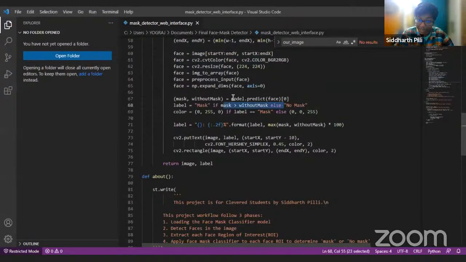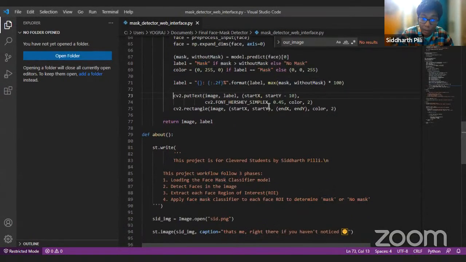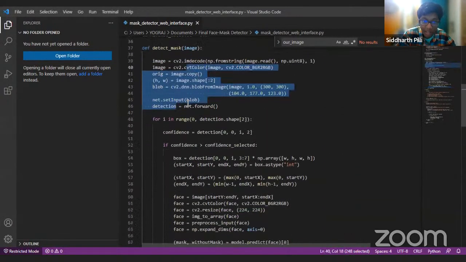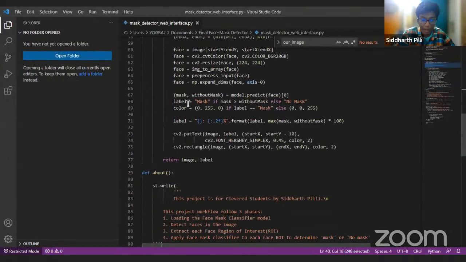And finally, we predict: if the label is something like mask, which means the person is wearing a mask, based on the accuracy. If they're not wearing a mask, we get a no mask. That's exactly what we're doing. And finally, we're just putting some small text of the accuracy saying mask or no mask. And finally, a cv2 rectangle, and this rectangle is meant to be our entire B box, the region of interest. Again, it's a bit too complex from this part, but in the most simple way, that's really what's happening.